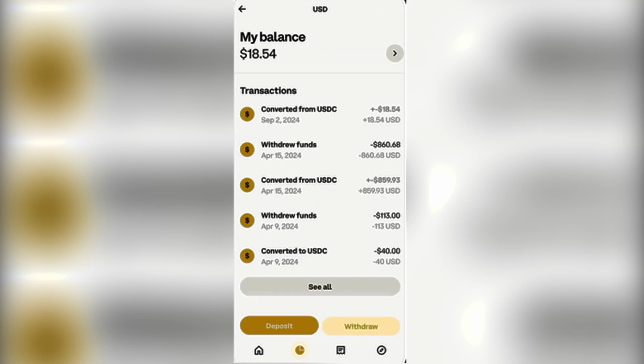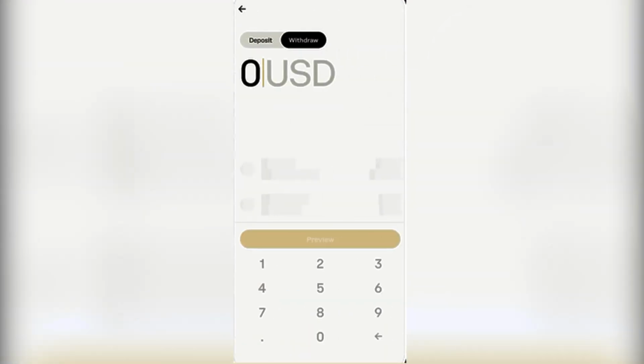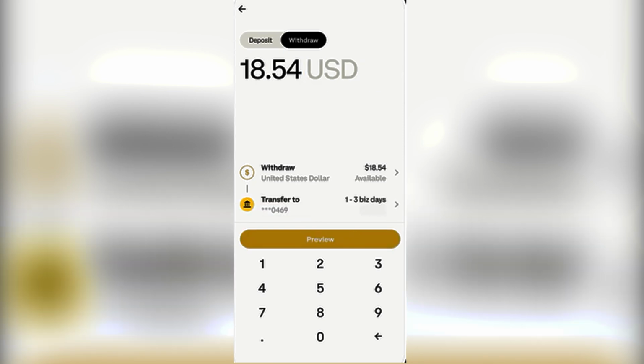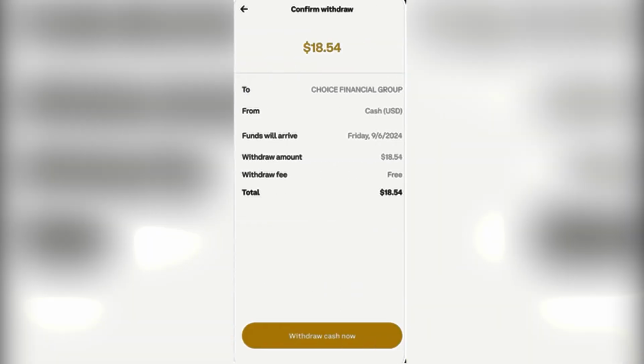And all you have to do is click on Withdraw. From here you have to select your bank account, and you can also select Withdraw maximum amount to withdraw all of your USD. Now you have successfully transferred your crypto from Trust Wallet to your bank account. It will take 1 to 3